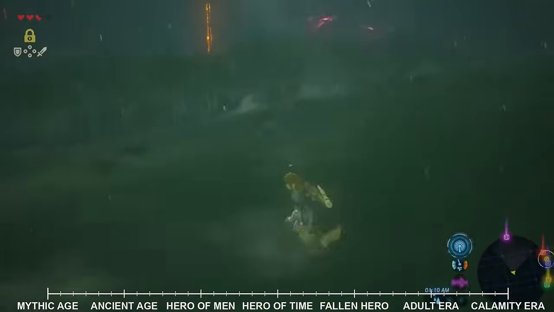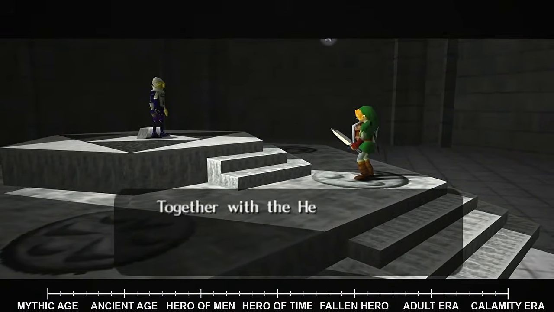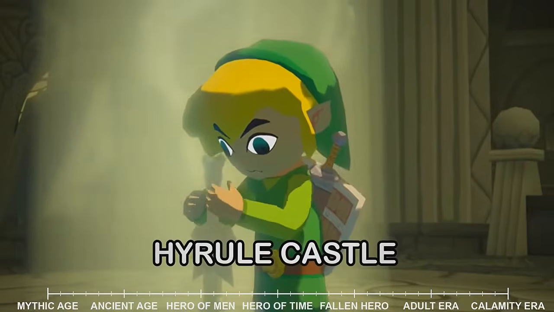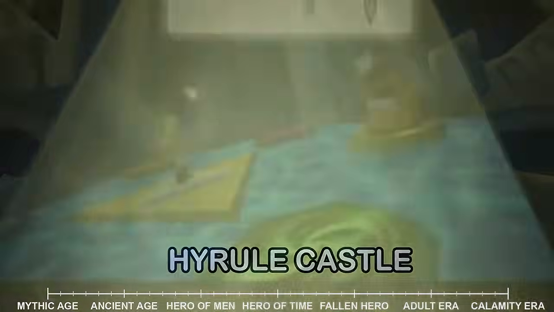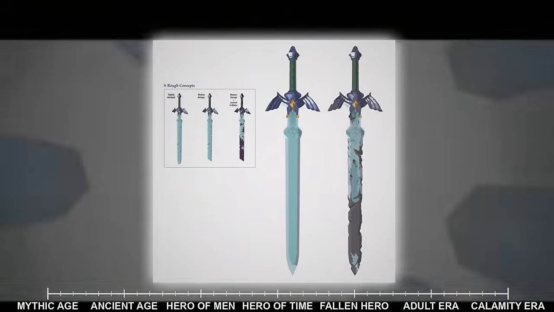When Link and Zelda discovered this terrible truth, Ganondorf broke free of his bonds, his power shattering the Master Sword and mortally wounding Link, even as he caused Hyrule Castle to rise into the sky and unleash the upheaval upon the land. Zelda, in a desperate attempt to restore the Master Sword and give Link the power to defeat Ganondorf,